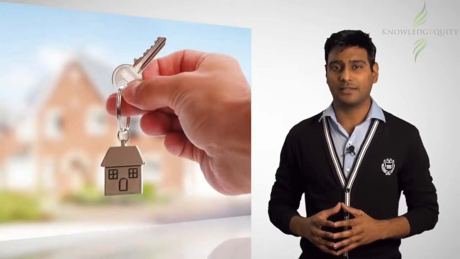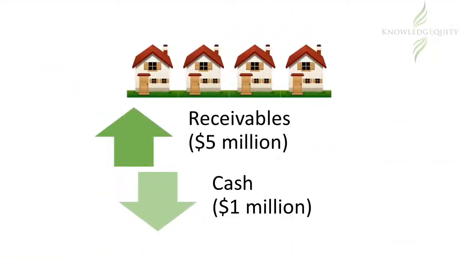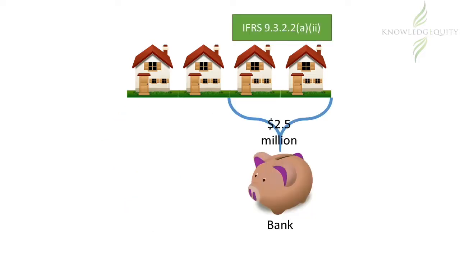Bell Homes Pty Ltd builds houses. Currently, Bell Homes has a large number of houses to build, but it is facing some cash constraints, meaning it has plenty of receivables, but little cash. In order to boost its cash reserves, Bell Homes decides to transfer half of its receivables to a bank as allowed by IFRS 9 para